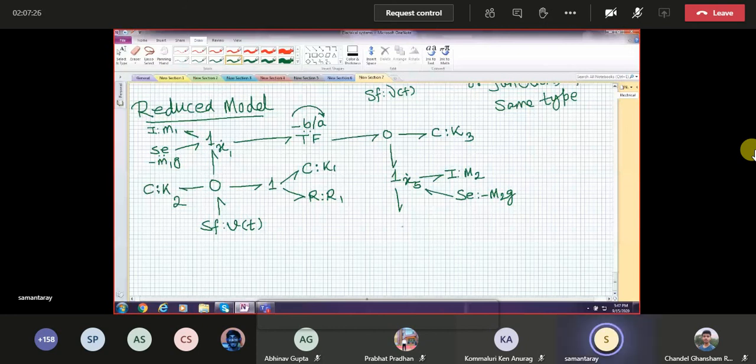That is what the reduced model will turn out to be. And in fact, you don't have to go through all these steps. You can understand how the forces are getting transferred, so you can directly get this model without going through these steps. Let's say this is the normal reaction on the ground. Force from the ground excitation PT, some normal reaction comes, N, N, N, N, because this is a zero junction.